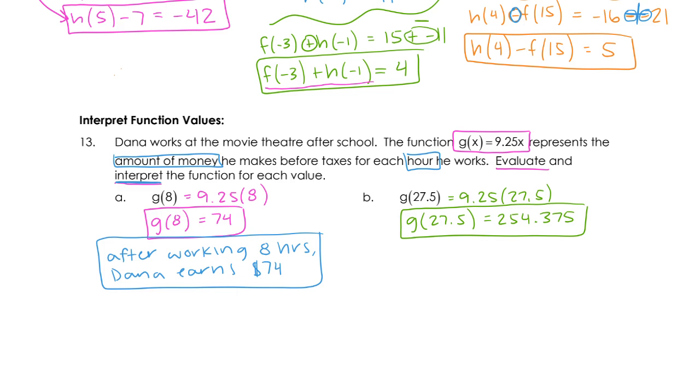So when we go to actually write our final sentence here, we would say, after working 27.5 hours, which is totally fine. 0.5 would just mean 30 minutes. So after working 27.5 hours, Dana earns